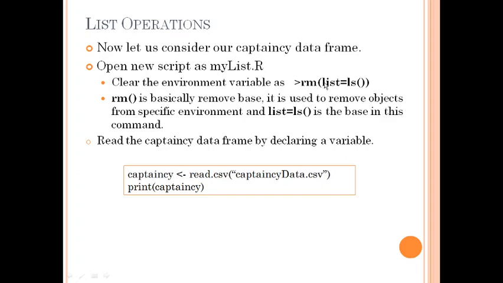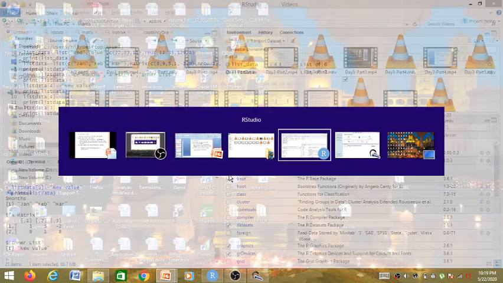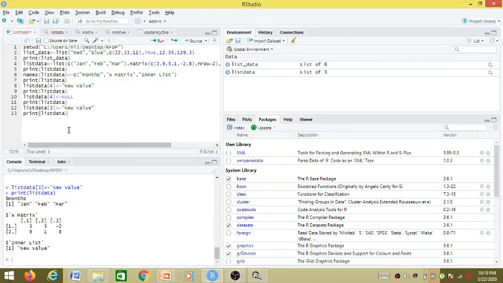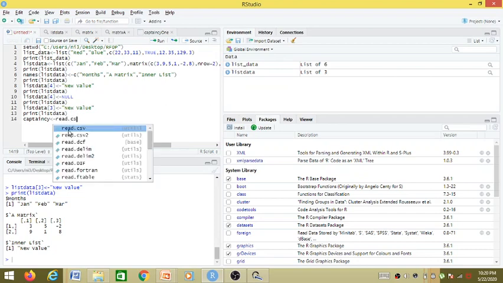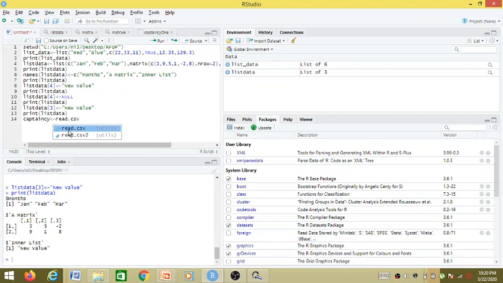Or even without removing, if you create a new captaincy data frame, it will override the previously created captaincy data frame. So let us first create this captaincy data frame. Captaincy, and I am creating it from a CSV file.